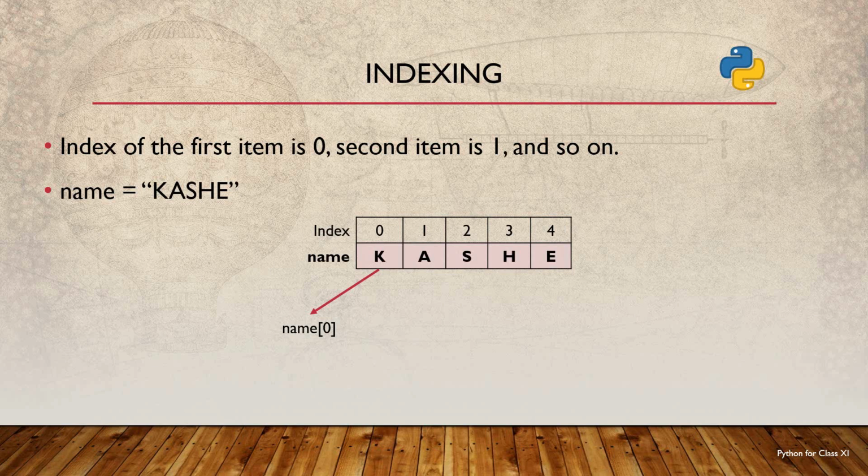Then we can access the first character by using its variable name and the index 0. To provide the index, we use square brackets. Then name[0] gives us the first character in this string, that is k. Then you can access the second item, the character a, by using the index 1 as name[1]. The third character s can be accessed by using its index 2, name[2], h can be accessed by using name[3], where 3 is the index of h, and the last character here can be accessed by using name[4].